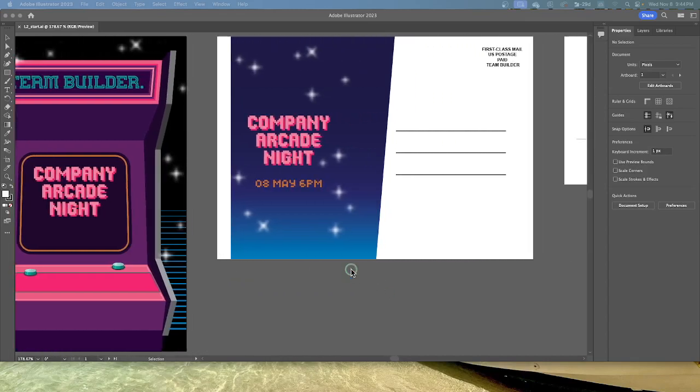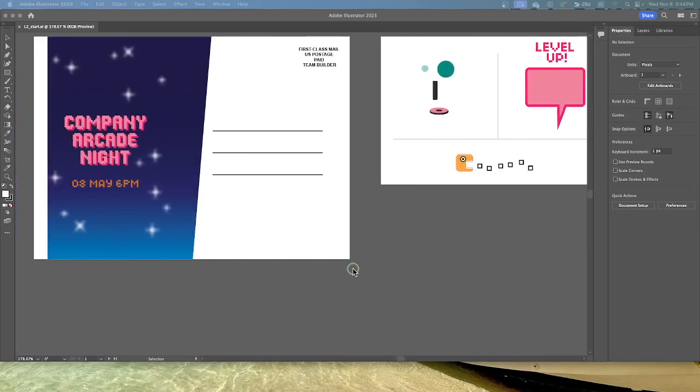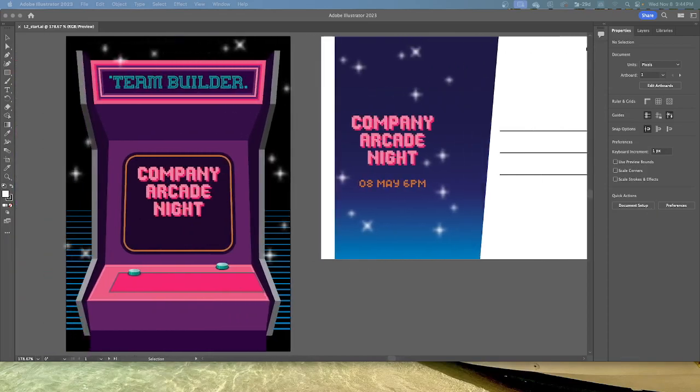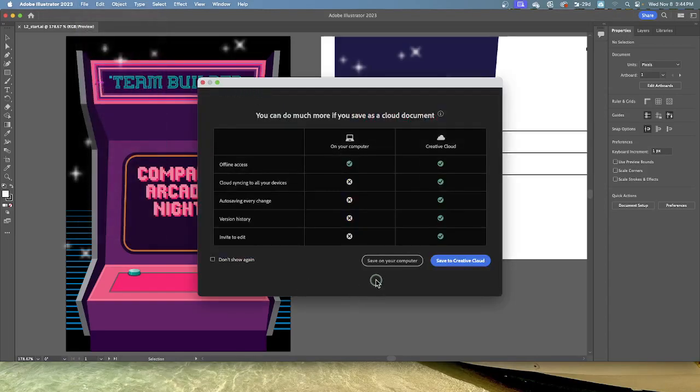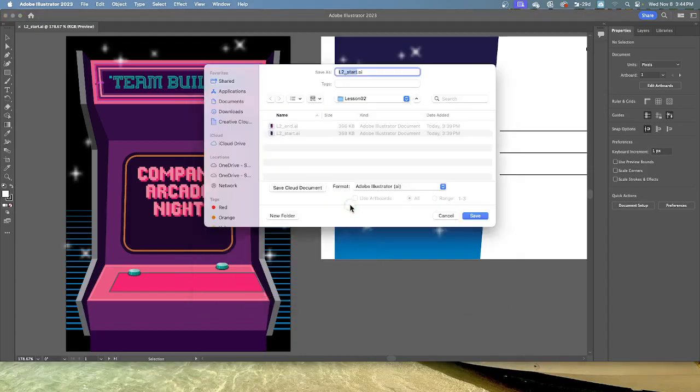So this is what the start file looks like. You should have these three different artboards when you open that lesson. So the first thing we're going to do is save it. We're going to click File, File, Save As, and we're going to save it on our computer. Go to your Illustrator Lesson 2 folder, and let's change this to Game Night